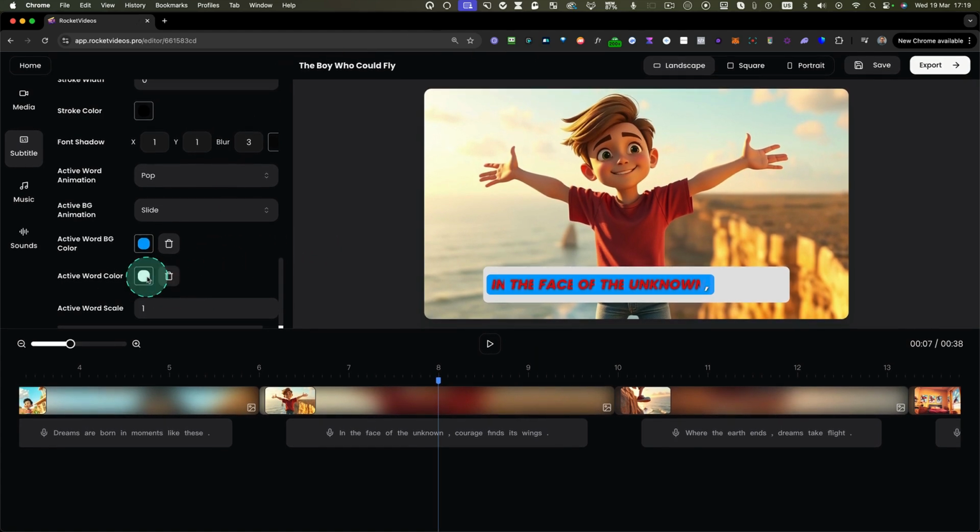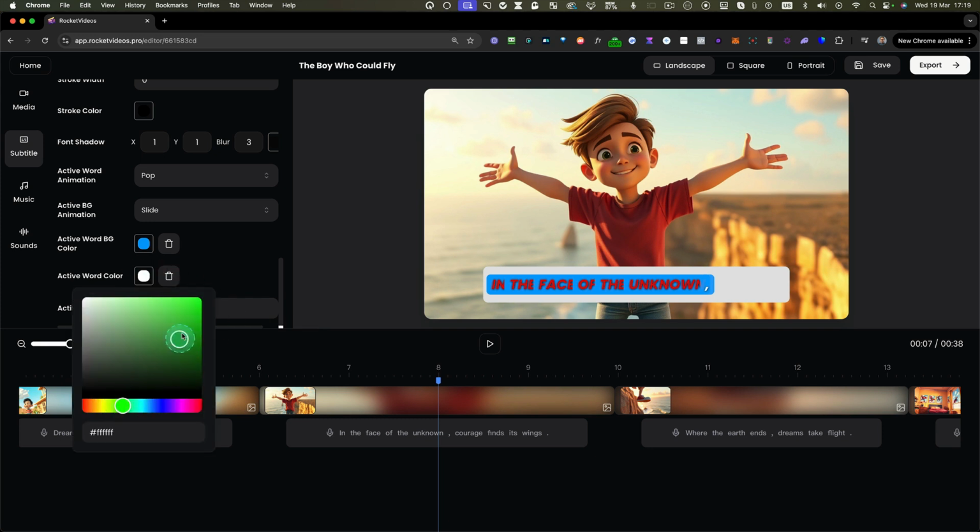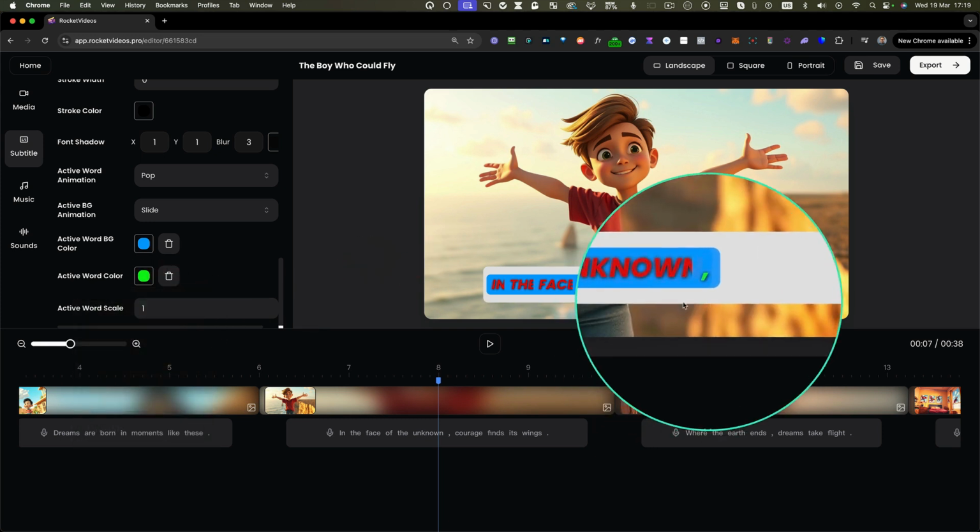You can see it's basically unlimited what you can create here. The active background color, you can make this a color. So if you want to make this green, I mean, it's crazy how it looks right now, but just to show